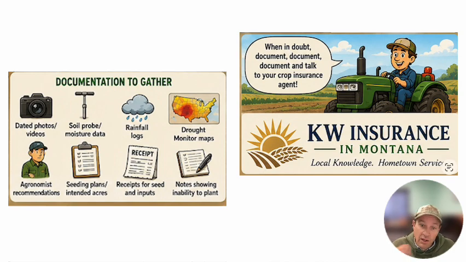We can't over-document these. That's what's going to hang these claims up. If we're going to turn the claim in once you get into the late plant period for the crop, you're going to need to get all your documentation and everything turned in before we get to the final plant date, which oftentimes is 25 days after the late plant period starts. So anyways, we've got a short window in here to get this all wrapped up. And of course, talk to your insurance agent if you have any questions.